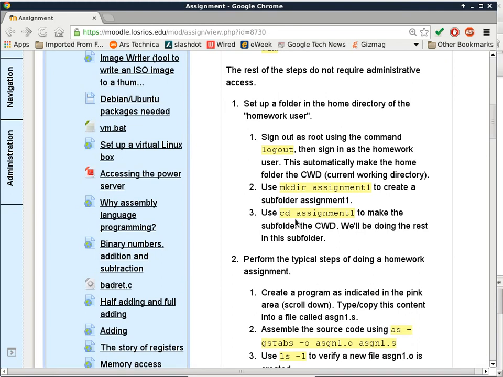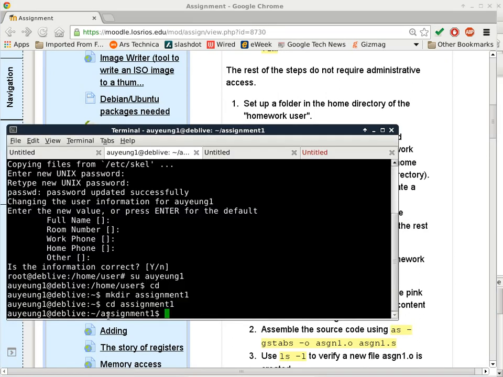Okay, so the next one is to change the directory to the assignment one folder, and that's where I am at this point. Now you have to look at the command prompt because the command prompt is actually quite useful. The first part of it tells you which user you're logging in as, what is the host name. Now host name is not quite useful because we all use the same host name